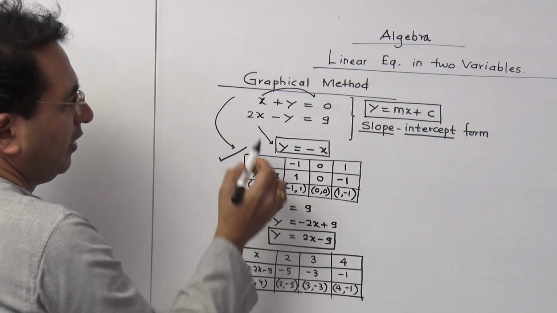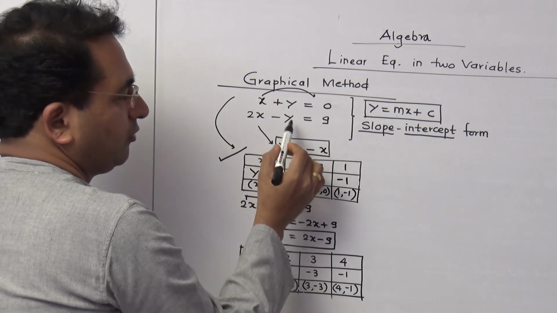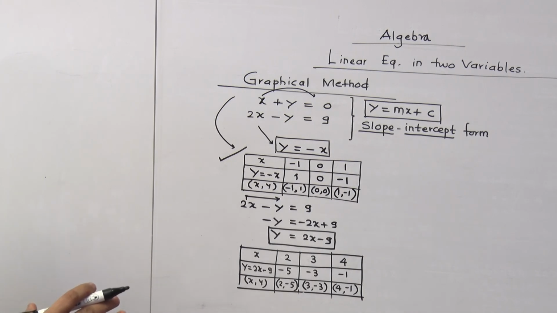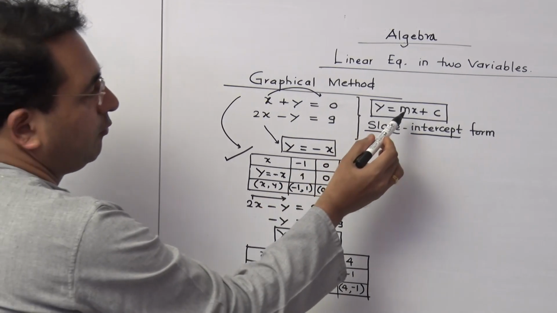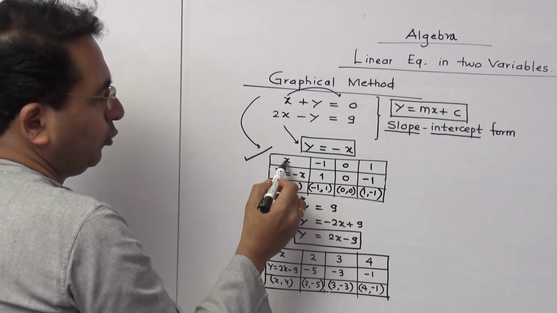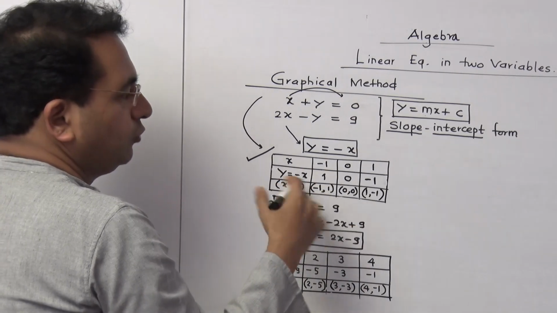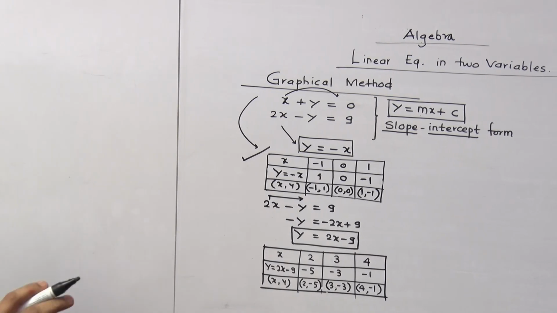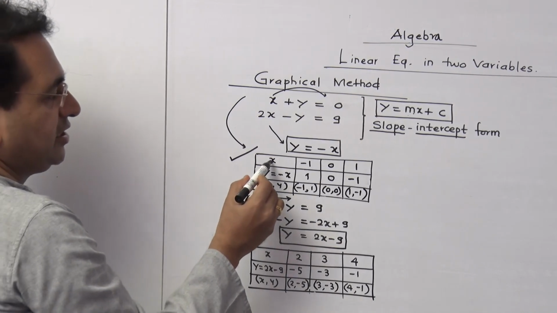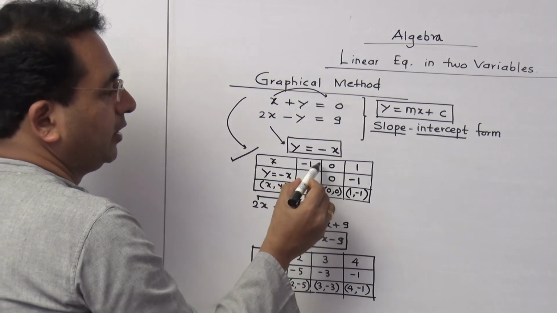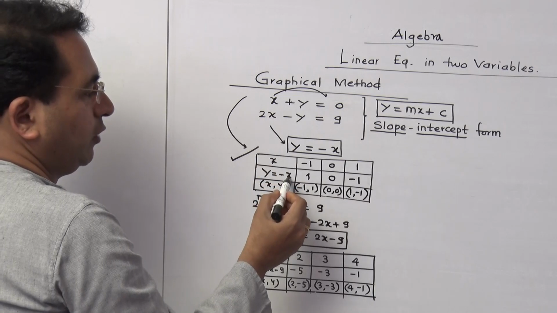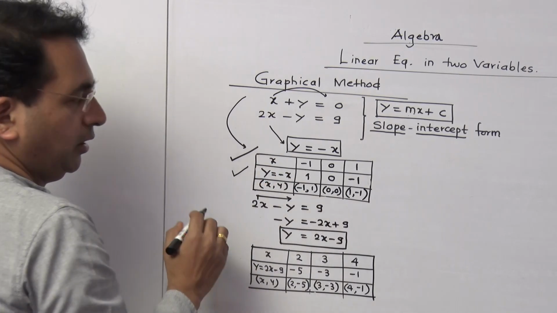Again I repeat, while drawing the equations and solving the equations by graphical method, we have to convert the equations in such a way that always they will be in this form, y is equal to mx plus c. And once you have written this portion x, we can use any value of your choice, but see to it that they will always fit on the graph. That is why this variable is called as independent variable, where we take any value of x. And y is depending on the value of x, so y is called as dependent variable,